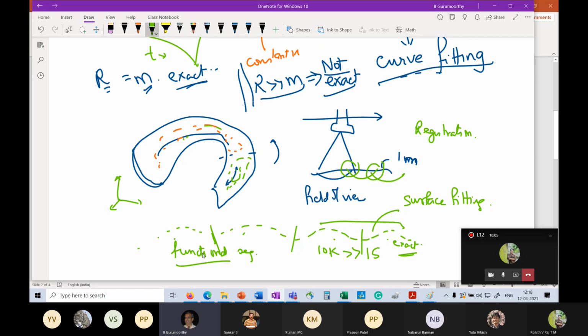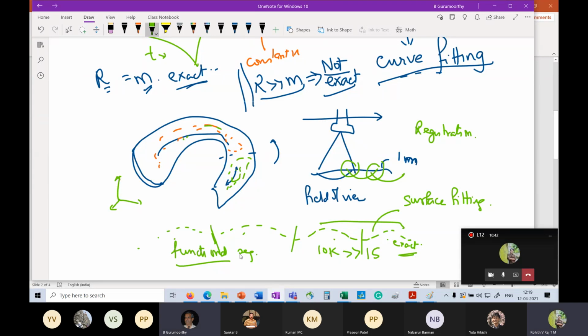The other reason is that I may not be able to fit a single surface to these points. See, the points have some significance. They have to be on the final surface you create. And I may not be able to create a single surface that fits all of these points. And so I will localize the fitting problem by saying I'll fit one over this region, one over this region, one over this region. So you will have multiple surfaces. Okay. I don't know. Does that answer your question?